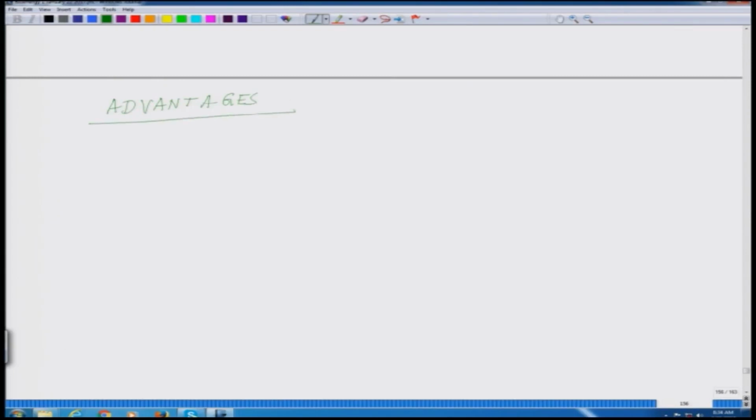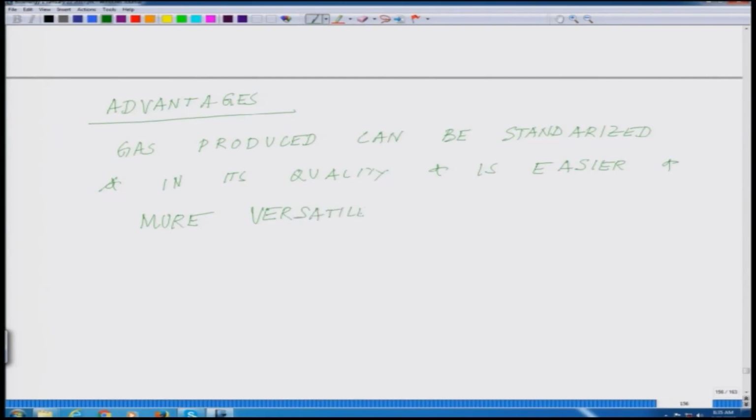So, the advantage is basically that the gas produced can be standardized in its quality and is easier and more versatile to use than the original biomass. And